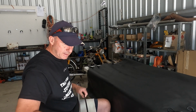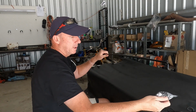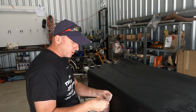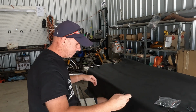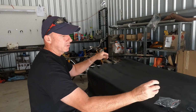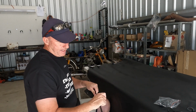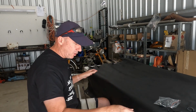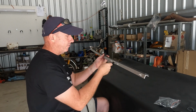There's a bar that goes across with these two brackets, which goes across the middle of the back of the tray, so crossways, not lengthways. Goes into these two little brackets which rivet on the side, and that provides a raised surface so that any water that falls on the tonneau cover runs off. There's a piece of metal,